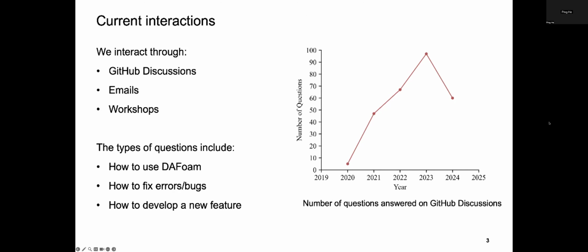But it's still a way to interact, especially if you want to present something, the workshop is a better way. In terms of the questions, most of them are about how to use DAFoam, or maybe they have a bug and it's not working. And some of the questions are about how to develop a new feature or new capabilities. And I believe that the GitHub discussions, we have some, maybe can,